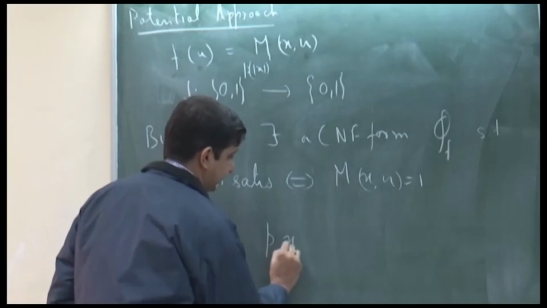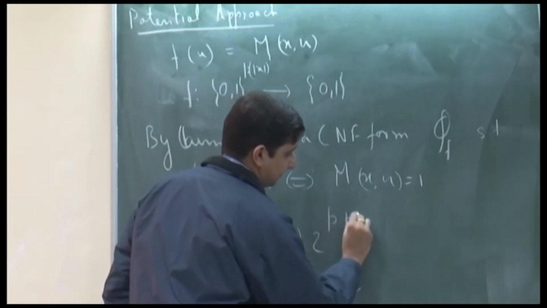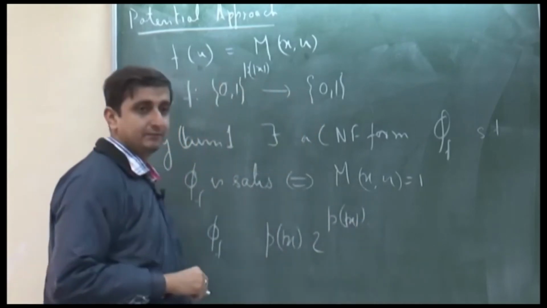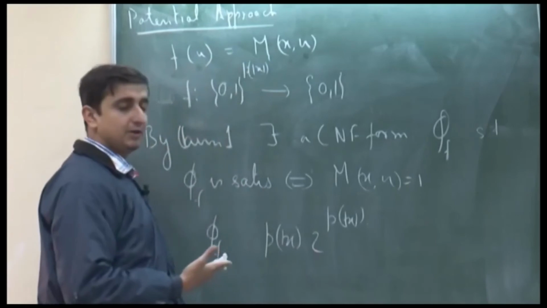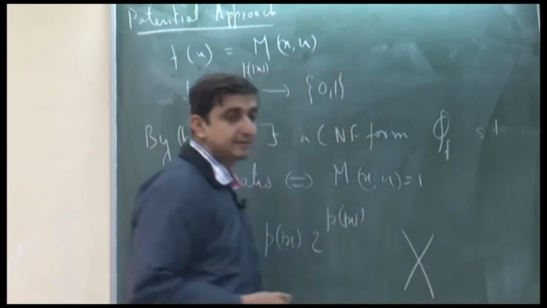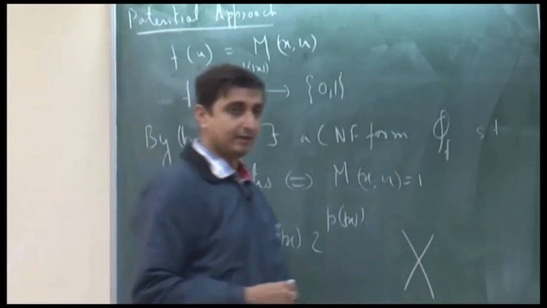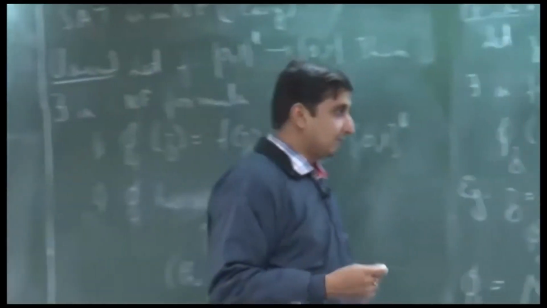It will have size p of x times 2 raised to p of x, right. So, we have a CNF formula, but it has a very large size, and hence this approach does not work. Okay. But we were being very lazy in this approach, in the sense that we never use